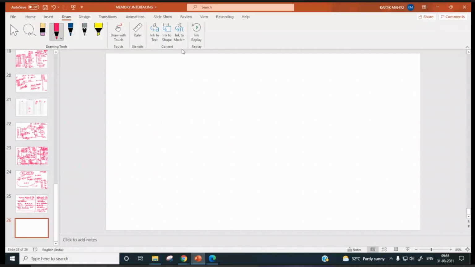Now in the next class, we will discuss serial outputting and serial inputting.